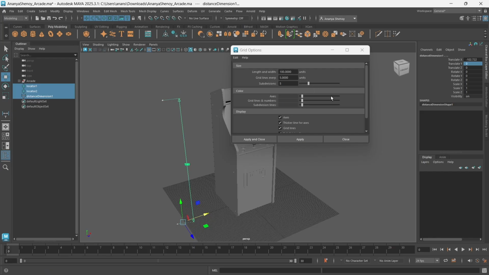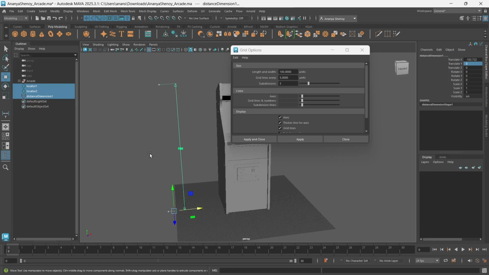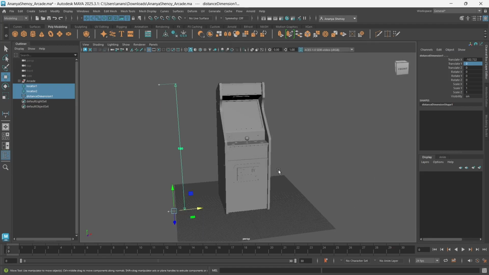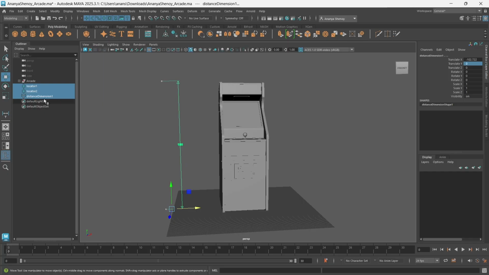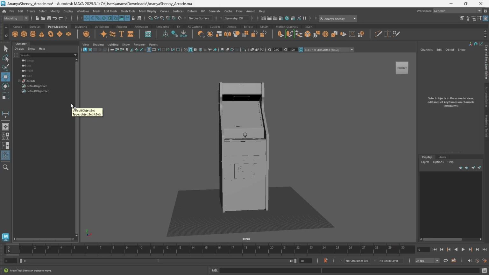I don't want you to change the default units of Maya right now. They can be set to imperial units, but some things in Maya are hard-coded to the metric system. So right now, just keep it at the default of centimeters and measure your object. And once you're done measuring, you can hide these by clicking on H on your keyboard, or you can just delete them since you don't need these anymore.